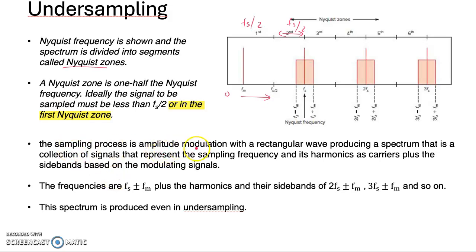The sampling process is amplitude modulation with a rectangular wave, producing a spectrum that is a collection of signals representing the sampling frequency. So what this is telling us is what we talked about just now. We had an analog signal, we convert it to digital, and it produces the signal at these frequencies, Fs, 2Fs, 3Fs after we multiplied it with the